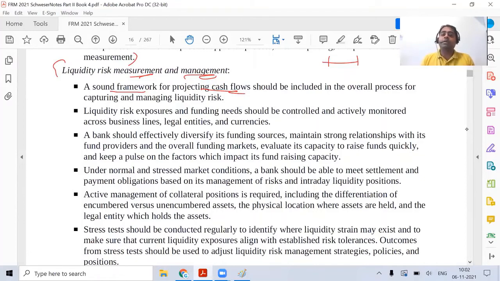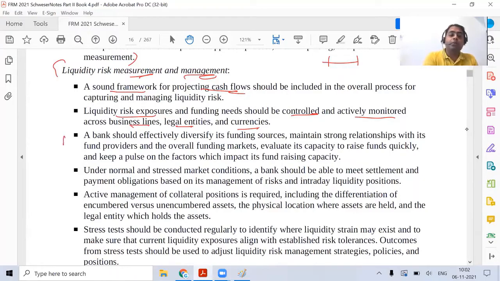The reason we are doing it is because if we are not doing this entire cash flow management process, the risk would be very high for the bank, because you will not be in control of liquidity risk exposure. And they have to do it across business lines, across legal entities, across currencies. What does that mean? At the bank holding level, you have to manage liquidity at all your businesses, all your sub businesses, all your companies, all your legal entities, because a particular bank might have 10 or 15 legal entities operating. So you have to look at the liquidity need for all of them in one go. That is the second point.